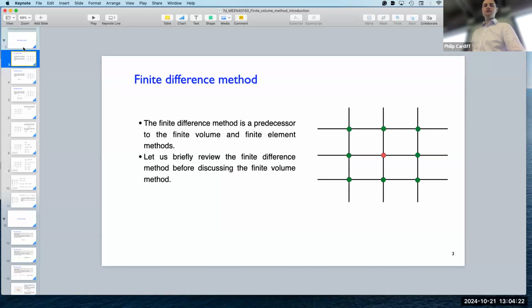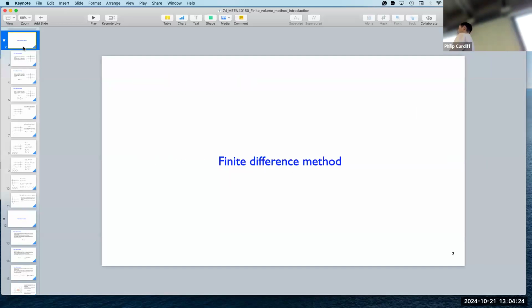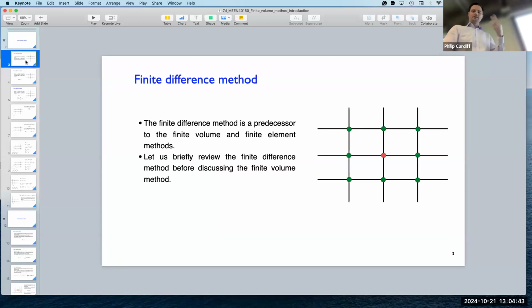So today I'm going to talk more about finite volume method, which is what Fluent is based on, and OpenFOAM is based on as well. So it's more popular for computational fluid dynamics. But as I said, it can be applied to solid mechanics the same way finite element can be applied to fluids. So the last day we had a look at the finite difference method, this kind of older method, which is still popular,